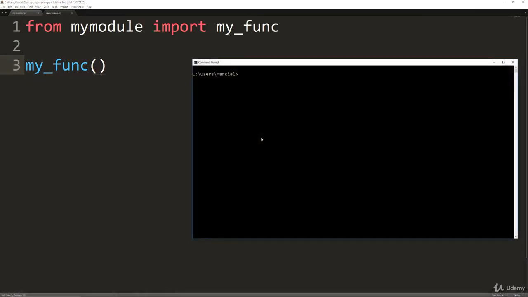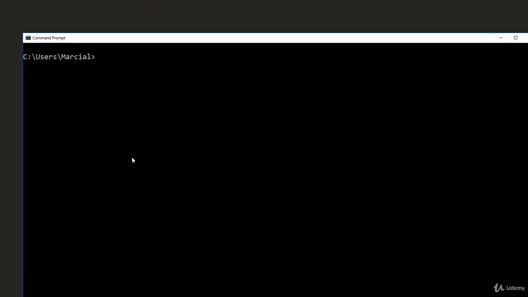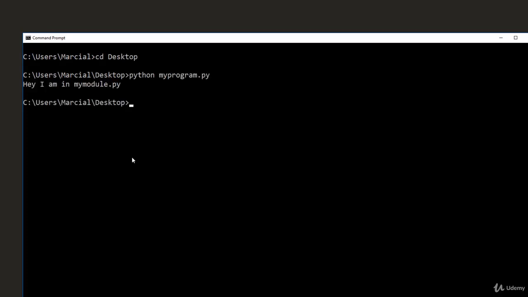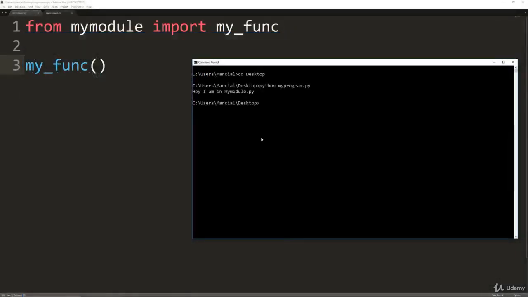So here I am now at my command line. Remember, I saved these files at my desktop. So let's cd to the desktop, change directory. And now I should be able to call Python, and then call my program.py, hit enter, and I see, hey, I am my module.py. So we were able to successfully call the other function from the other module.py file into